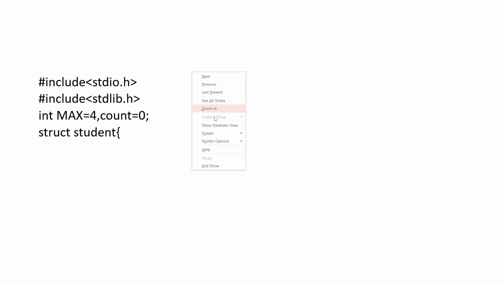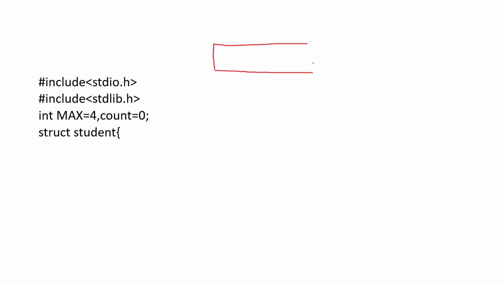So here we need to have the linked list. The linked list is created with the help of a kind of structure, and one of the members should be a self-referencing node. We'll take an example like